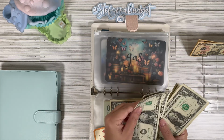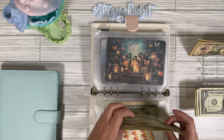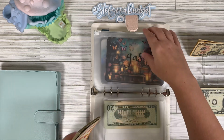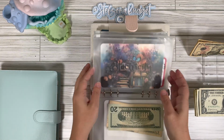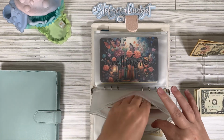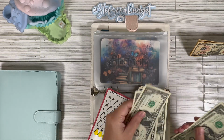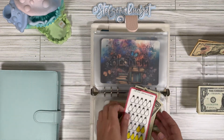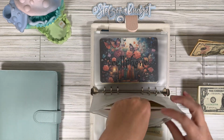Next up, we have our natural gas bill. So it's getting $3. And then we have electricity. So $3 for this one as well. Okay, 1, 2, 3. And then we did decide once we get to $100 in these envelopes, we'll go ahead